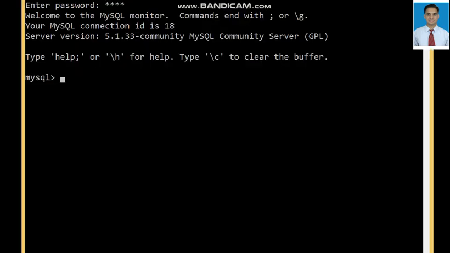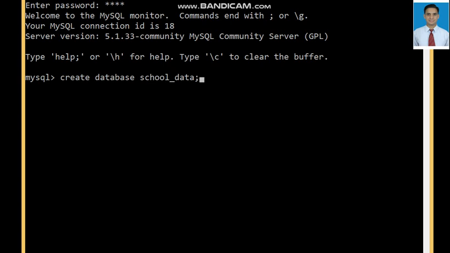We opened MySQL and now we will create a database. CREATE DATABASE and the database name. Let us call it school_data. Let this be a database name. It's not mandatory. Once we have created the database, next time we can use that and we will start our work in that particular database only. But right now we will create a new database in order to show you again how to create a database.